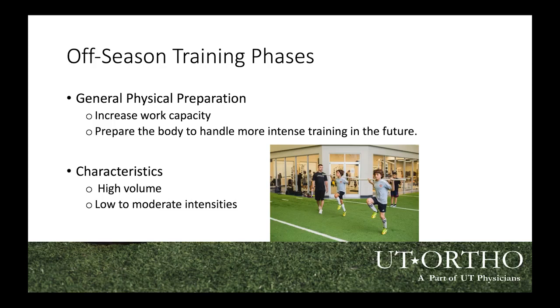So just to go over the general phases of off-season training. I know I've spoken about this earlier, but the first one we talk about is general physical preparation. This is really big on working on work capacity. So for example, everybody's been off on the quarantine. It's really been hard to get in your gyms. A lot of people haven't had a lot of load on their body. So throwing them back into